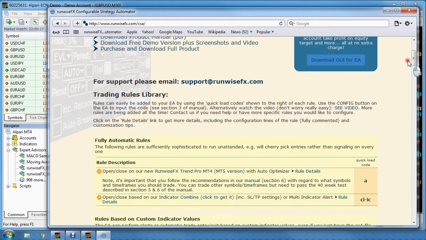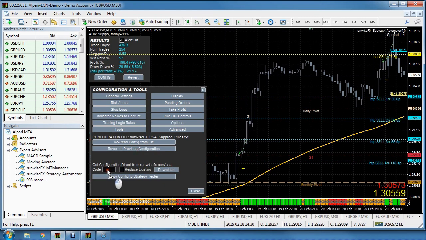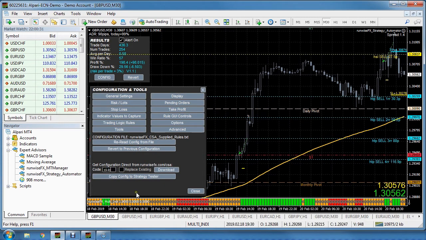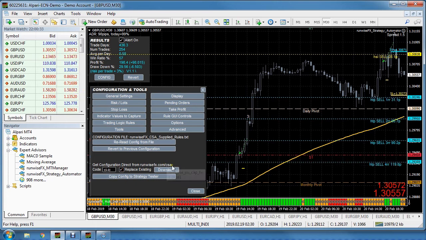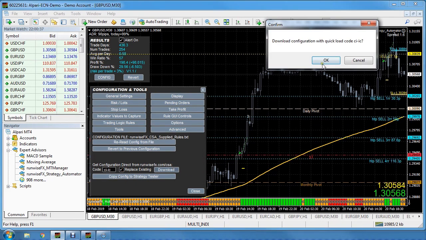But what we've got there is the one for our multi-indicator alert, and we've got these little quick load codes, which is CIIC. So all we need to do is go to config, type it in, CIIC, do replace existing, and then click download. So it's going to download the configuration from our website. Click OK,